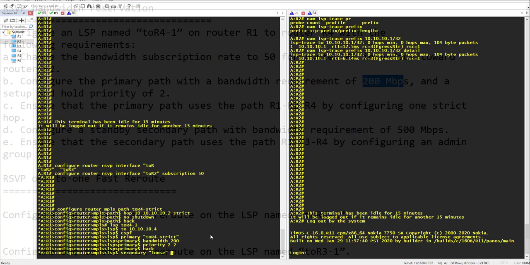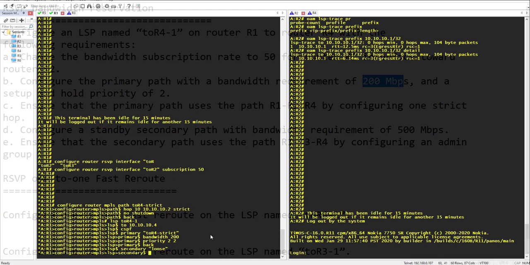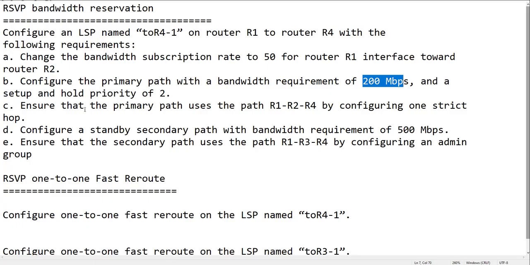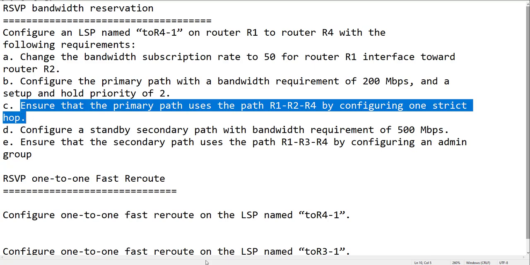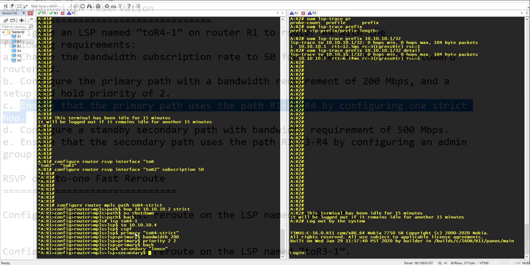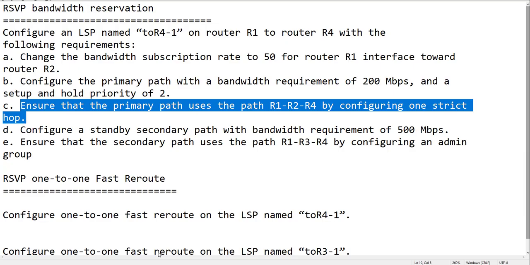The secondary path we have already created. Let's check what's next. Ensure the primary path uses the path R1, R2, R4 by configuring one strict hop. That we have already completed, right? We have configured the strict path here. Okay, that is why I have configured it here. Next is